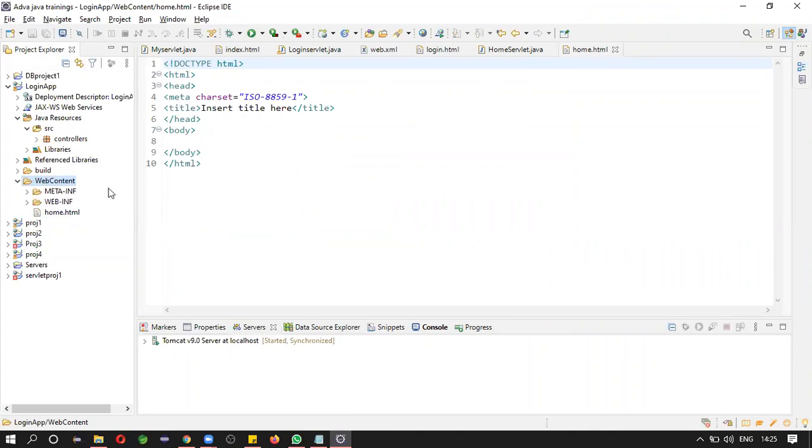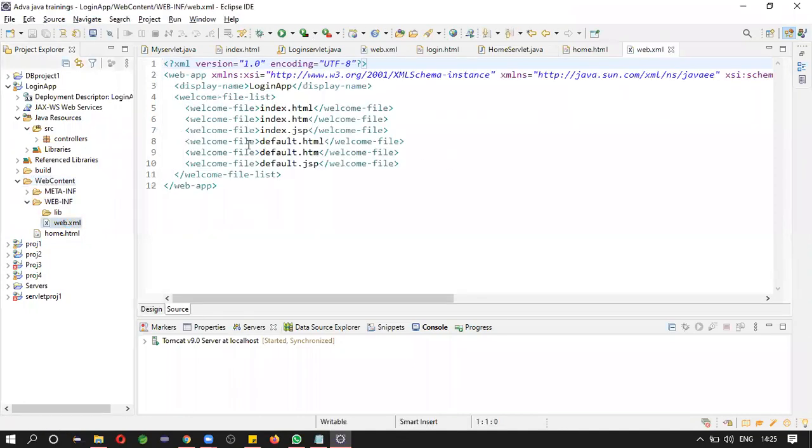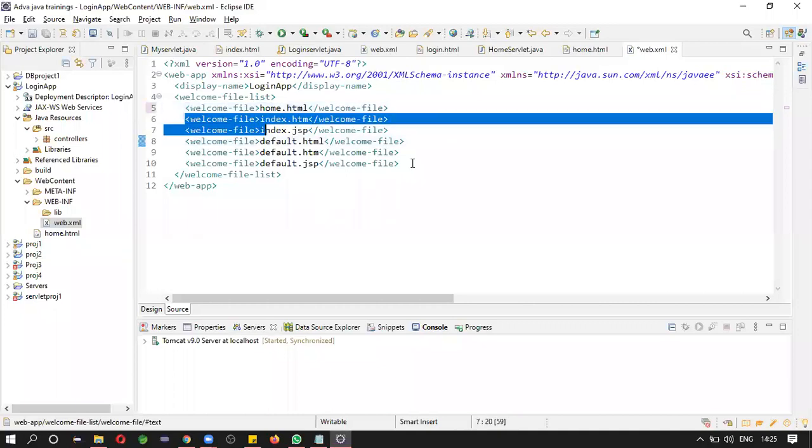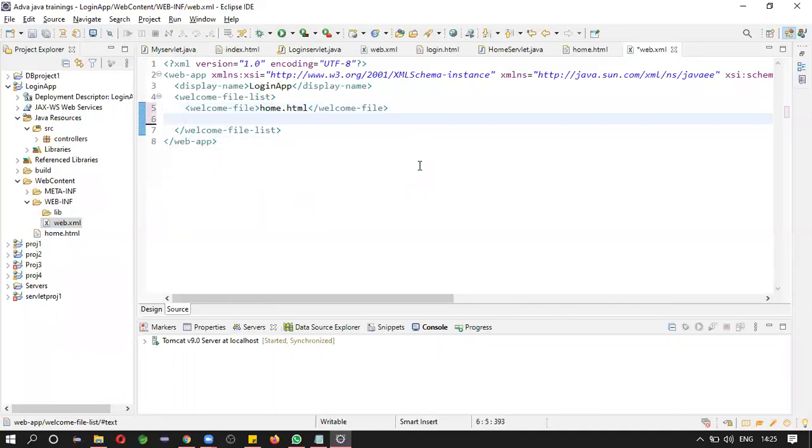Home.html is created. So we have web.xml, right? Open this web.xml, and here the file name is not index.html this time. We changed that to home.html. So let it be and remove all these things. Save this.